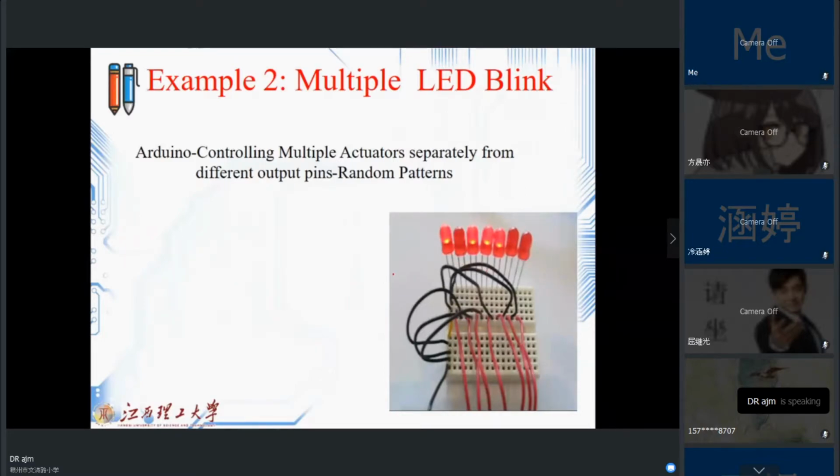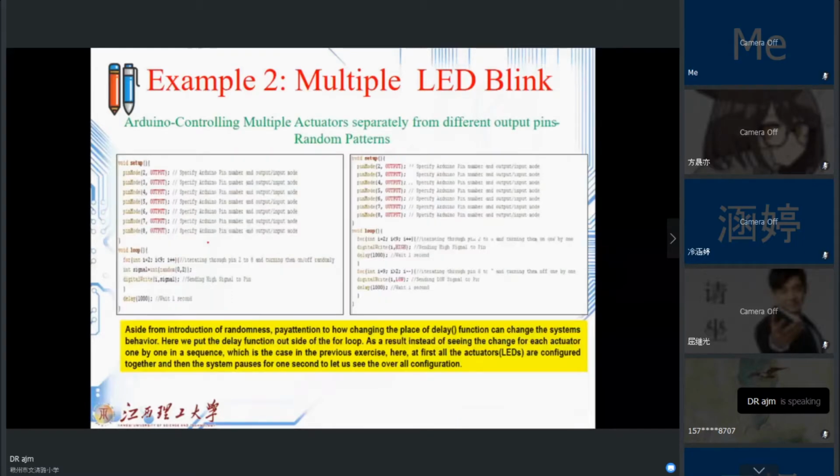Means that we can have multiple LEDs blink, and you can see their performance. That is something we can do randomly, suppose if you have some random application. But if you have some specific pattern to turn them on and off, here you can use